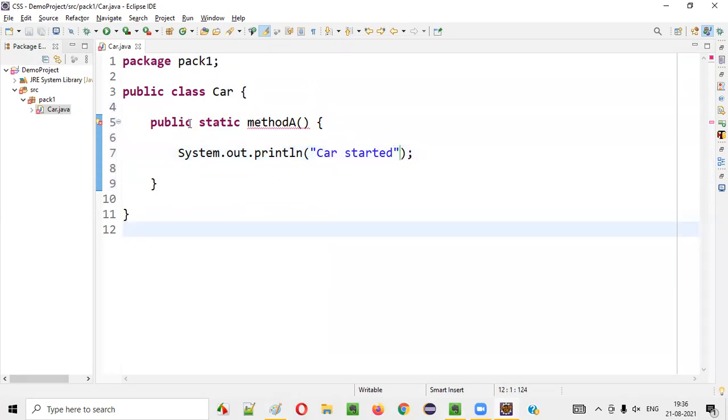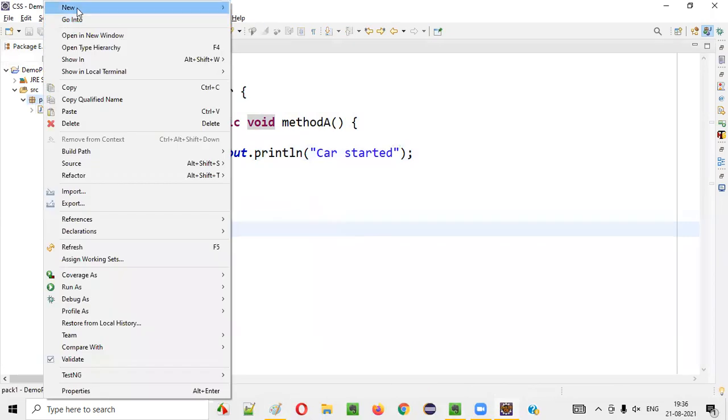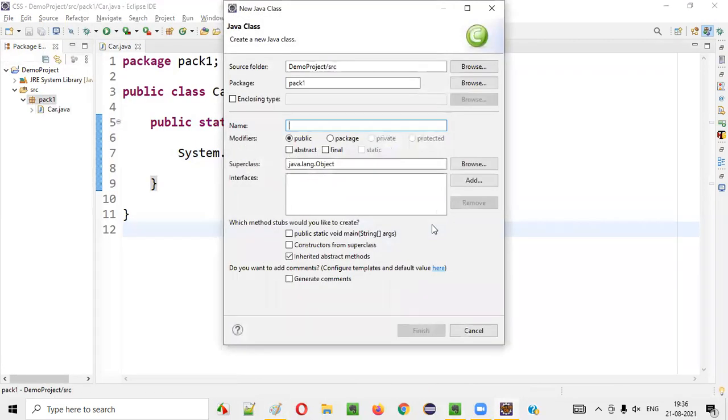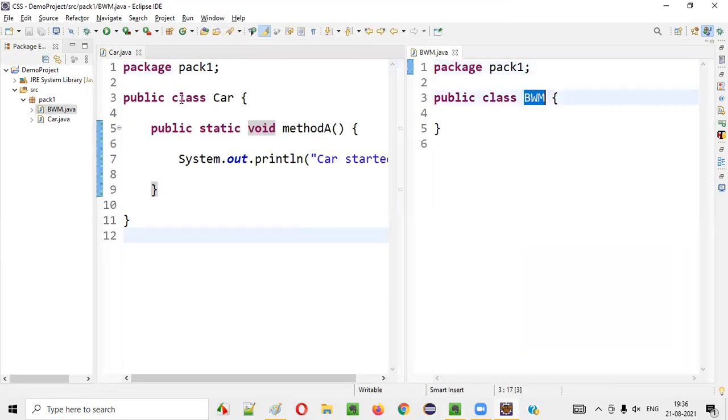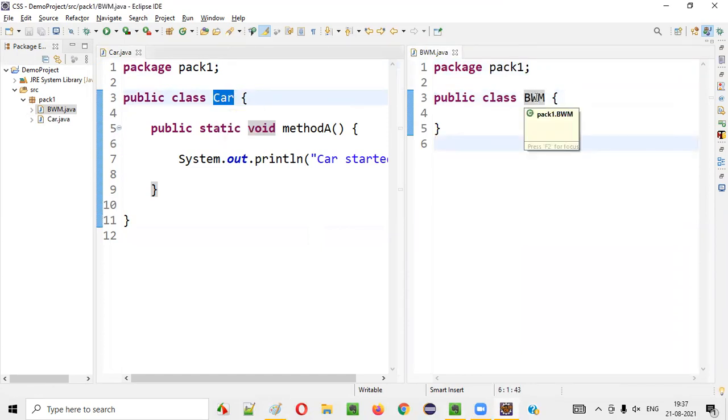Now let's create another class, say the BMW class, and I'll make this BMW class a child class of the car class. Now the car class becomes the parent of BMW, and BMW becomes the child class of the car class by writing BMW extends car.